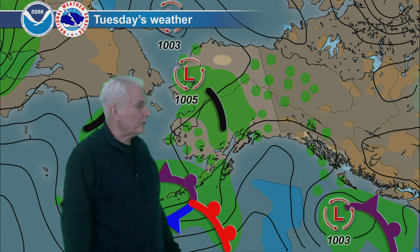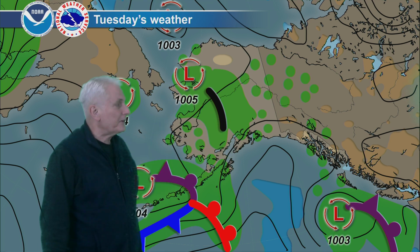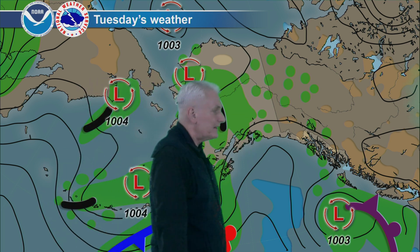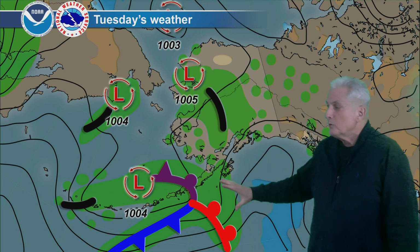Different story here over the interior: widespread area light rain and showers dropping back into northern Cook Inlet, Susitna, Matanuska Valley, north and northwest right across Norton Sound, all the way up to the Kotzebue Sound area of the northwest coast. Another nice day for the North Slope on out to the Arctic coast, and just isolated showers here on the east side. This system front pushes right into the Alaska Peninsula here as the whole thing moves eastward there,